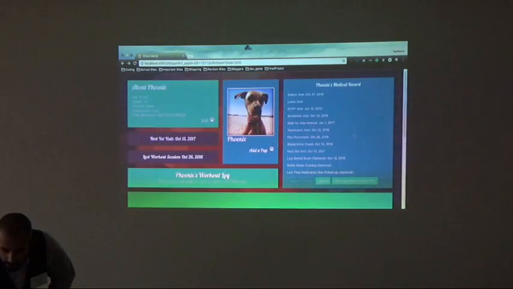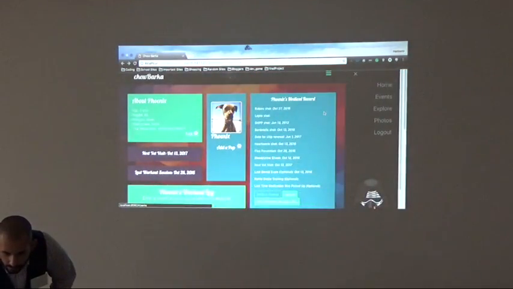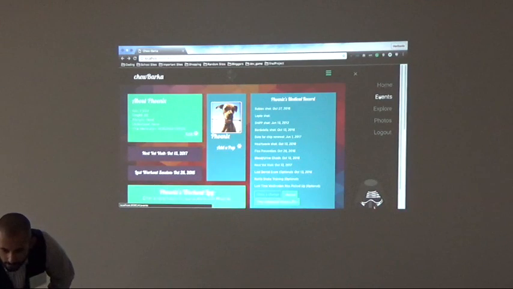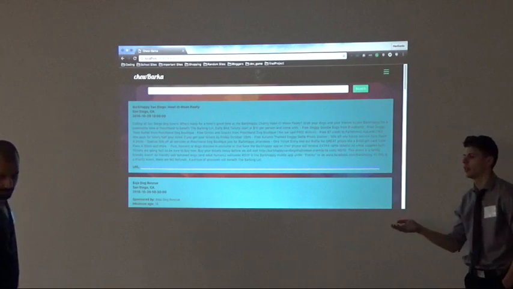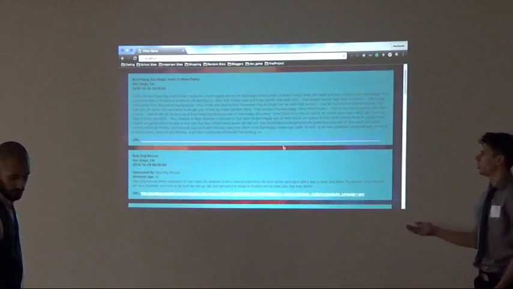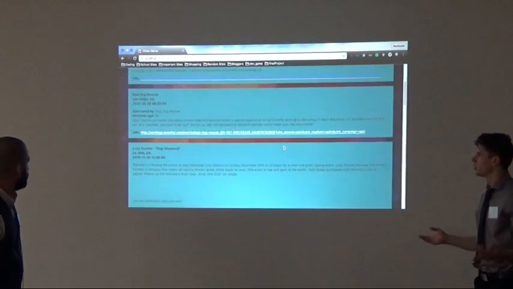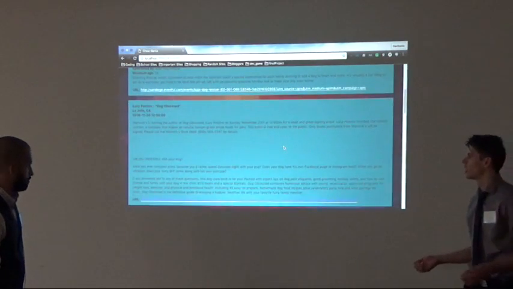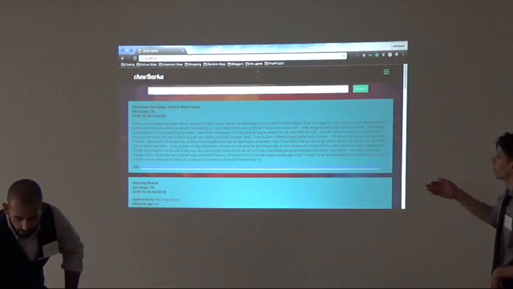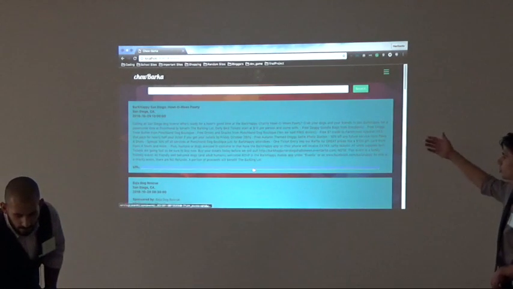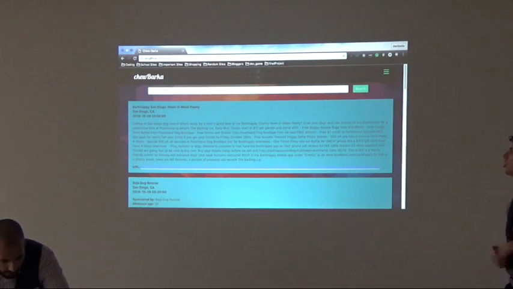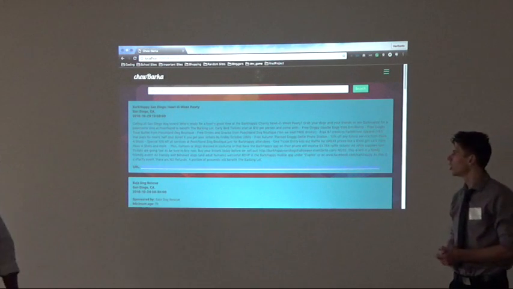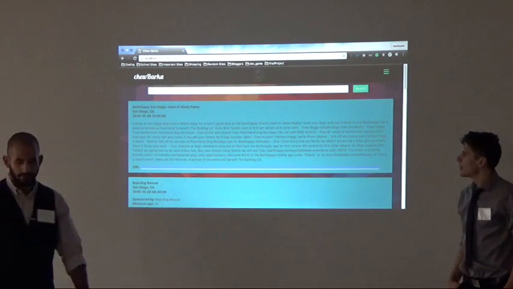And then moving on from here, we'll go to the events page. All right, so the events page populates all the dog events in your area. These events can be adoption events, dog walking events, any event related to your dog. And this is optional: for the search bar, you can look for another location to see other location events. If you're traveling to New York and you want to find out if there's a dog event there,